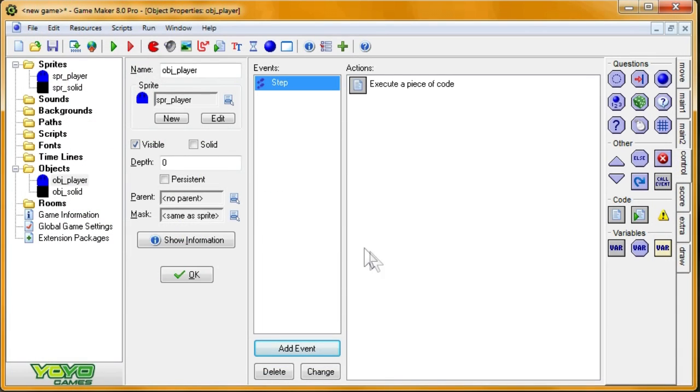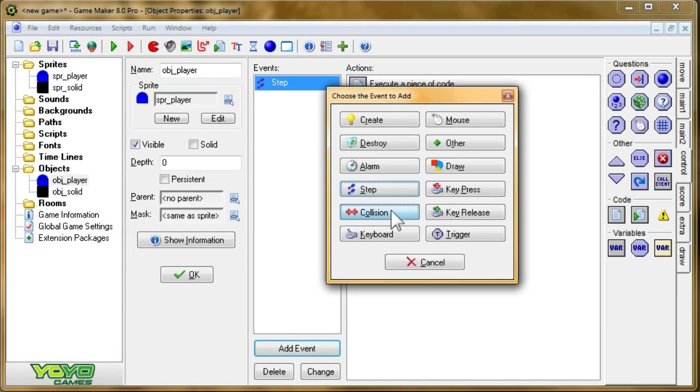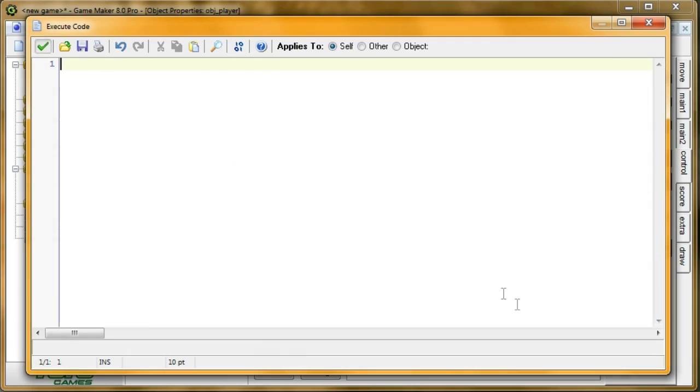So now I'm going to go into the collision with solid event, and what we're going to do here is first off v speed equals 0, because whenever you collide with a solid, it's at v speed equals 0. And then if it's under us, we want to handle things a little differently. So if not place free x, y plus v speed, this means that the solid we're hitting is in the vertical direction,